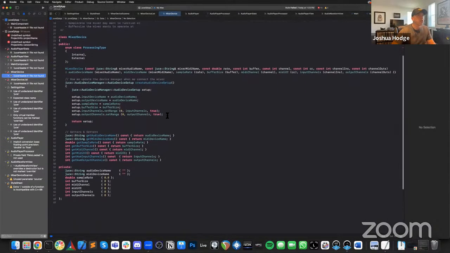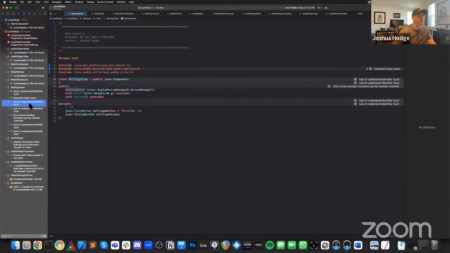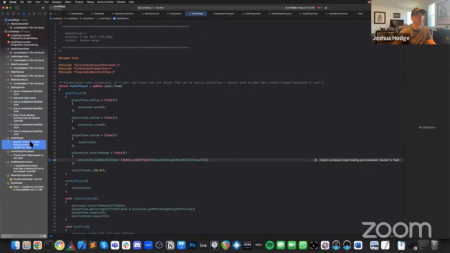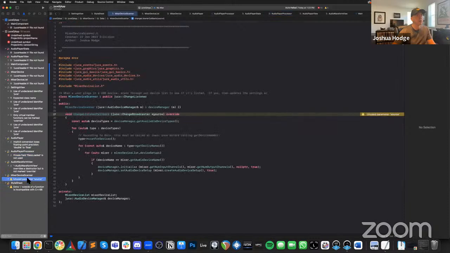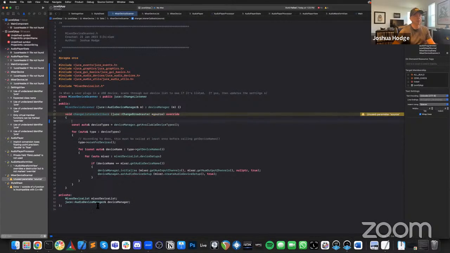So just trying to find, so settings view. So those aren't errors anymore. That shouldn't be an error anymore. Okay. Oh yeah, so then there was a warning for this one, which was that I haven't declared a source in here. So I needed to fix that